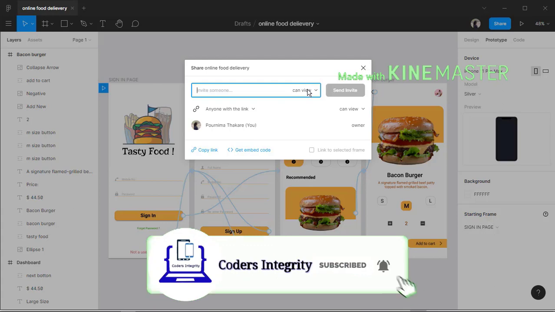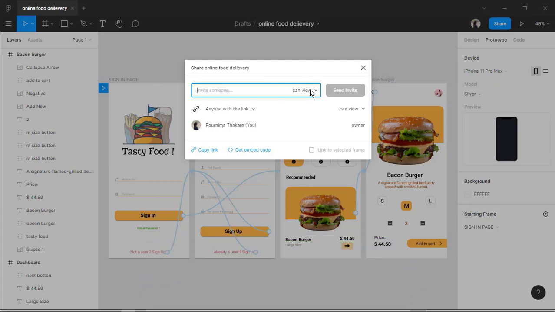And here are some options, or could say the actions, which you will allow the people you have invited. So the people you have invited can view the file and this design you have created and shared with them. And also if you click on this can edit option, so they can edit your design and file you have shared with them. And here we have the option for the people with the link of your file.